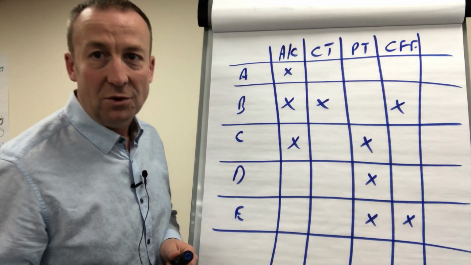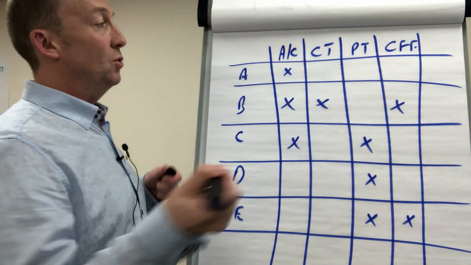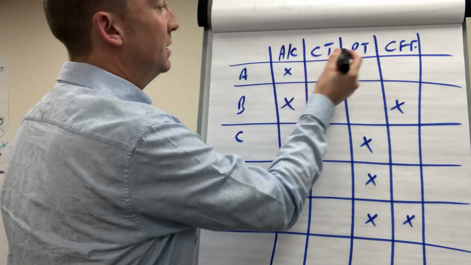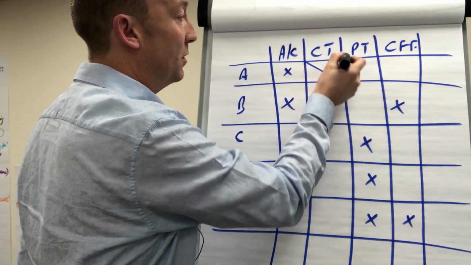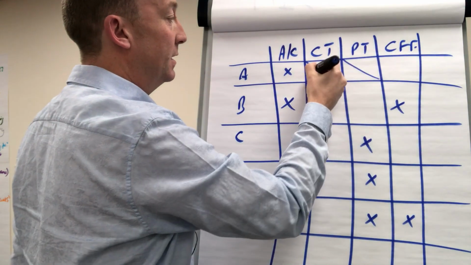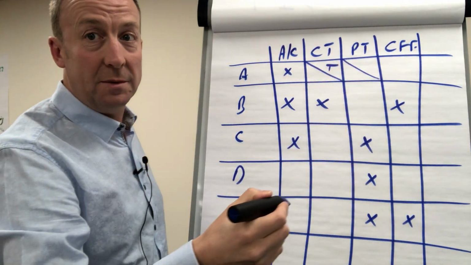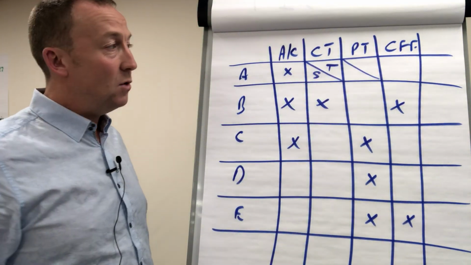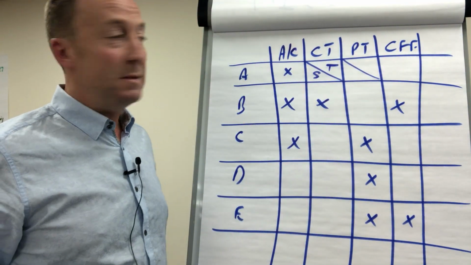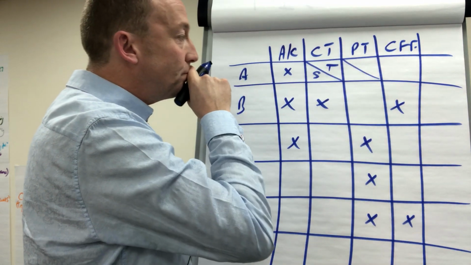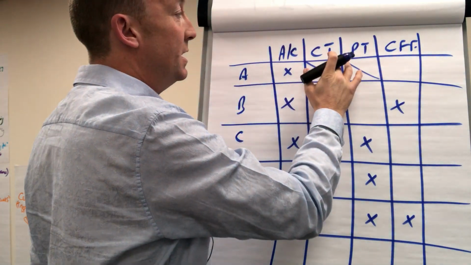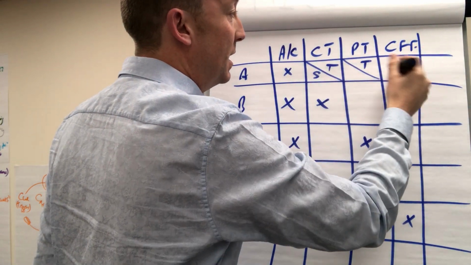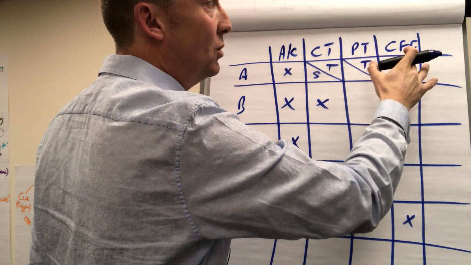What some people then do is they teach you to do a told and sold. So in these boxes, you would mark them off, and you would have a T for told, so when you've told the customer about it, and then you would have an S for when you've sold them. So you might have a meeting with client A, and on this occasion you might tell them about CT and sell it. You might tell them about PT,